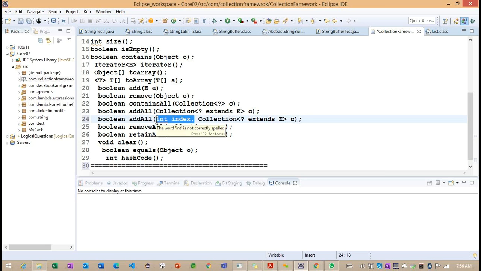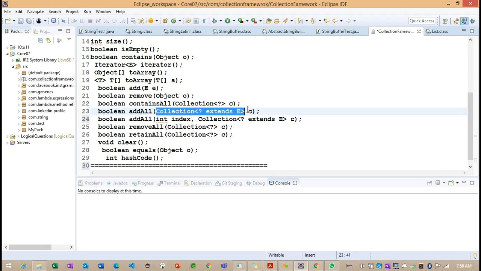We need to understand that the purpose of the addAll method is that whatever collection object we pass as a parameter, we are going to store into our current collection of objects here. Getting the point? Because the addAll method is an instance method, it is not a static method.